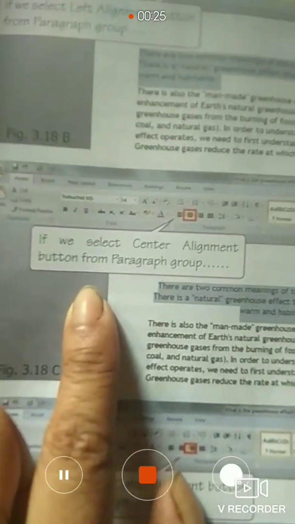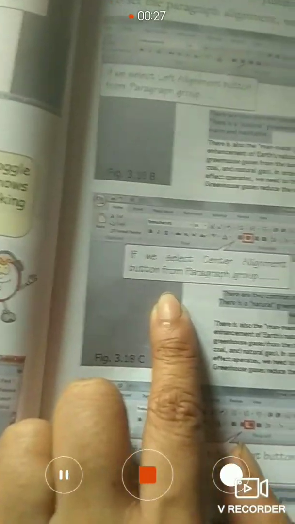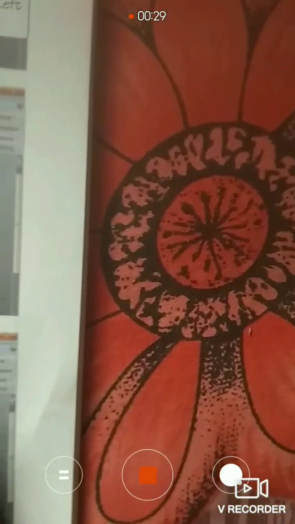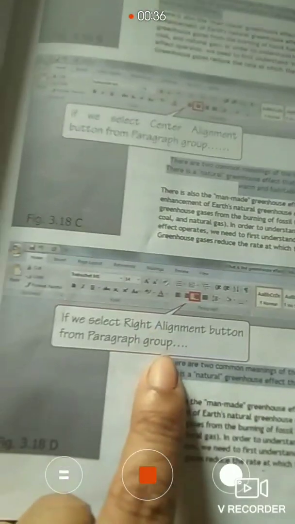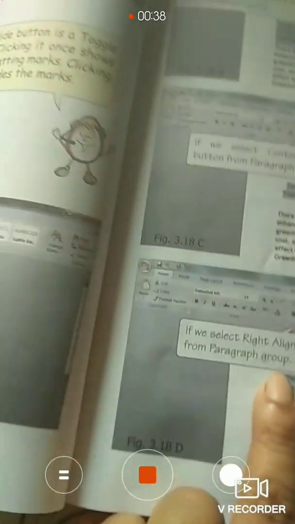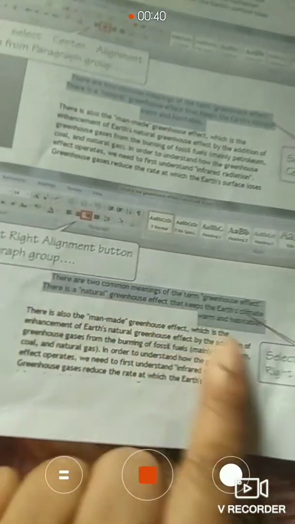And if we select the center alignment button, you have to choose this option, and the selected paragraph will be in a centered position. If we select the right alignment button from the Paragraph group, the paragraph will come this way, and this selected paragraph is right aligned. Like this way we can align the paragraphs.